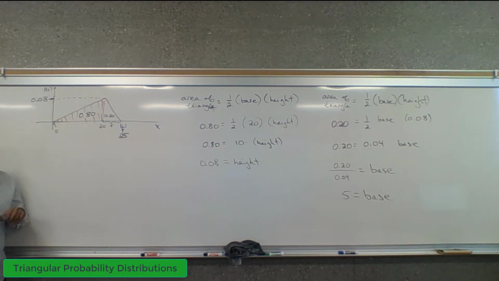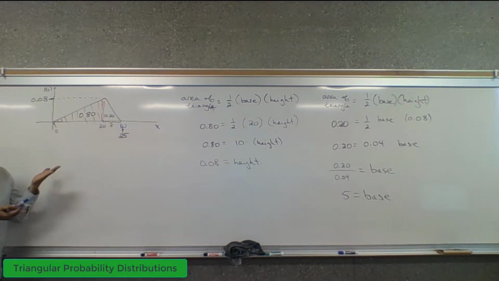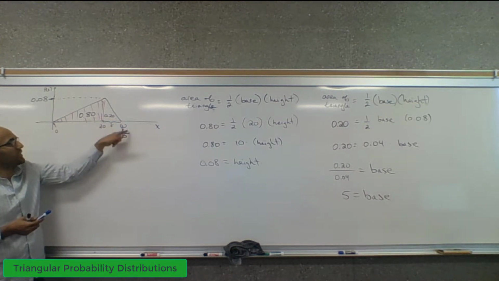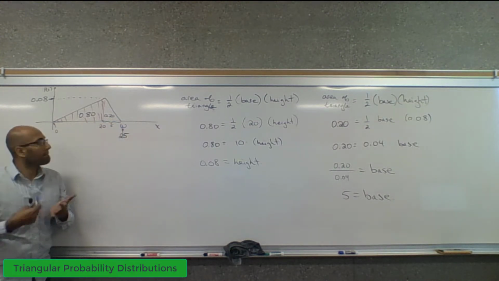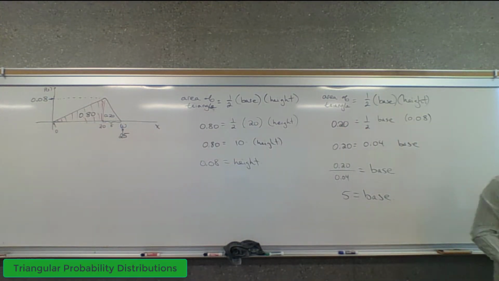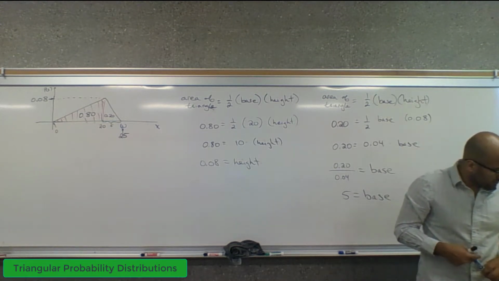Questions? The base was just the base of this triangle. The answer isn't 5 for W. The answer must be 20 plus 5 for W. Good. Okay, so now that we have a proper probability distribution, we can answer questions such as,